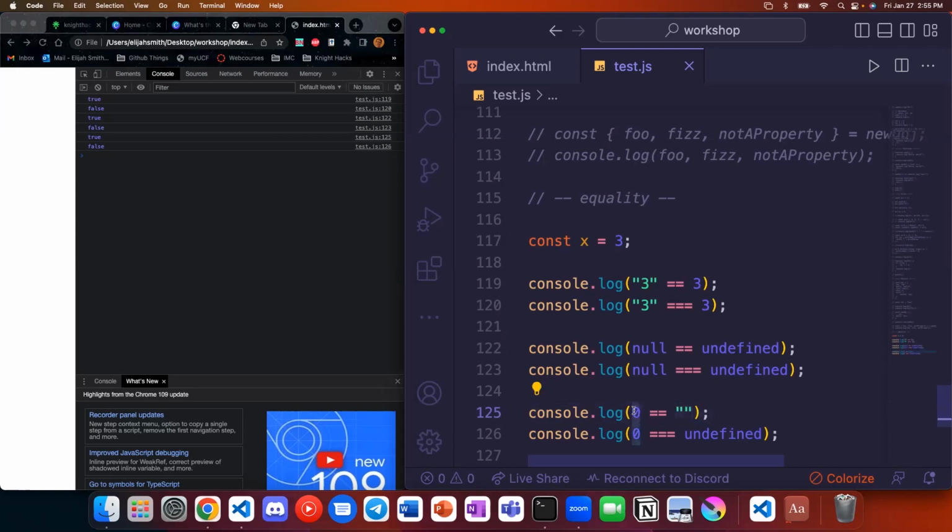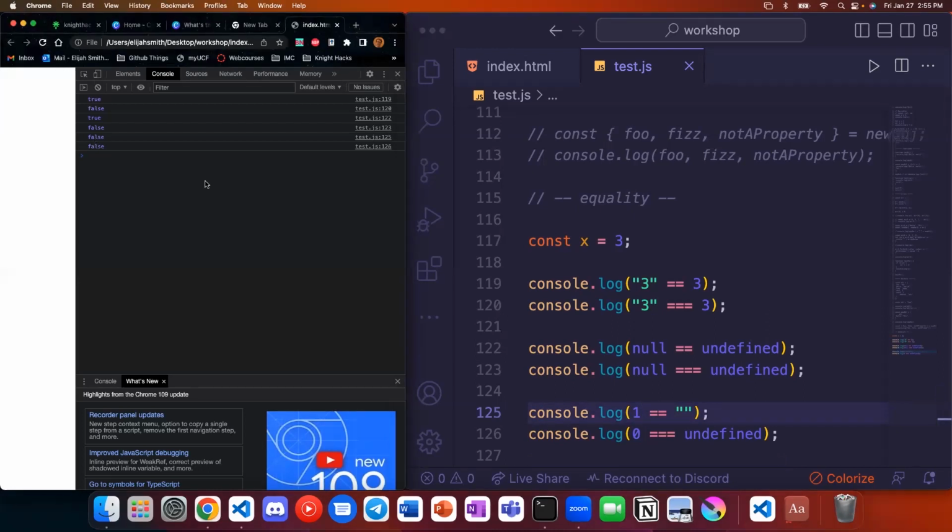In the case of numbers, 0 sort of represents false. And if you have anything that's not 0, like this is a 1, then it updates from false to true, because now 1 is the truthy form of a number. Anything that's not 0 is truthy. And an empty string is the same thing for strings. I think an array would also work here, although I don't actually know. Yeah, so an empty array is loosely equal to 0.